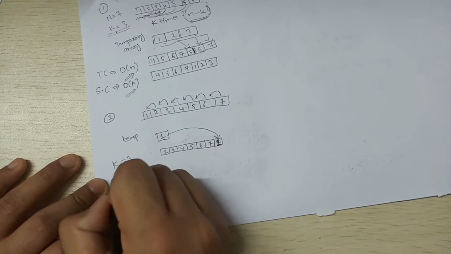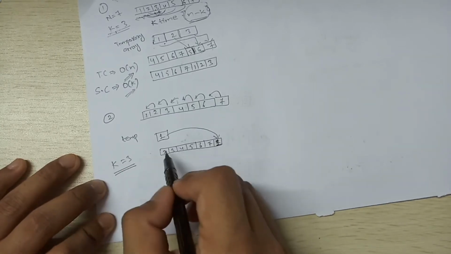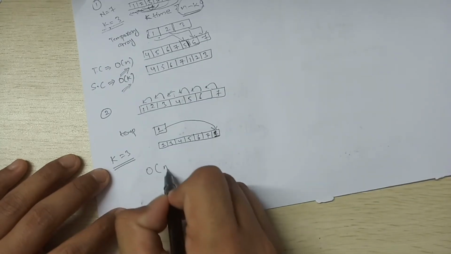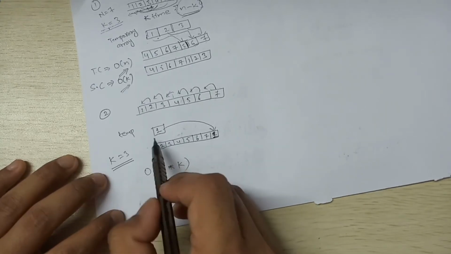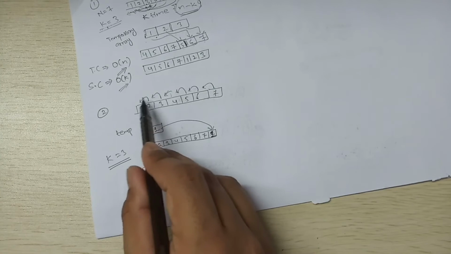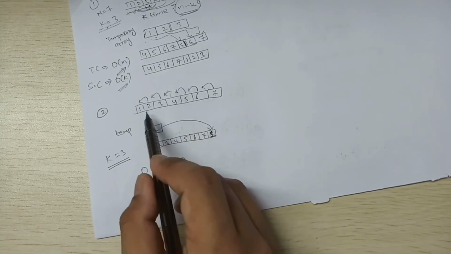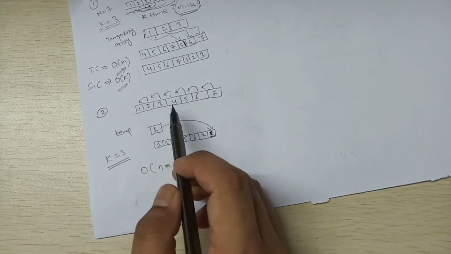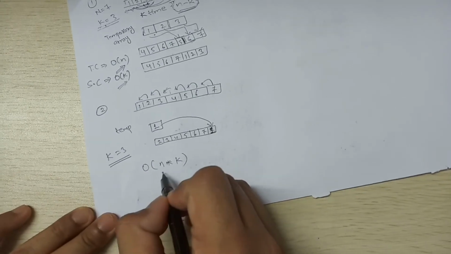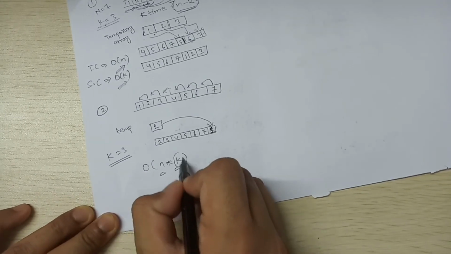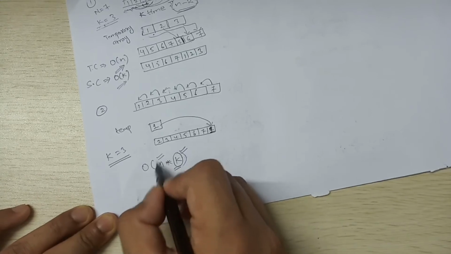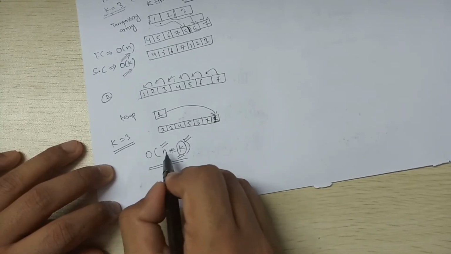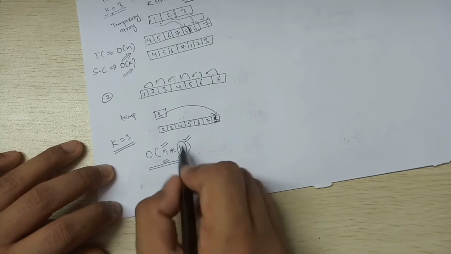Suppose k is given to you as 3, so you have to do this 3 times. That will give you the output. So time complexity here will be n times k, because the first time you are shifting n minus 1 elements, and the second time you are also shifting n minus 1 elements, and the third time you are also shifting n minus 1 elements. So this way the work you are doing is n times k. Whatever the value of k, you have to do the work n times. So this will take time complexity of order n into k. The more the k, the more the time complexity.